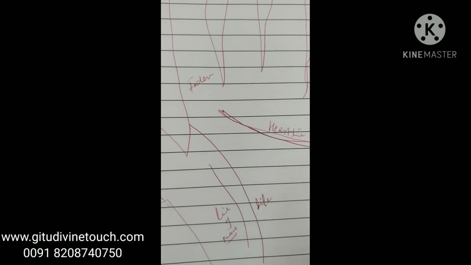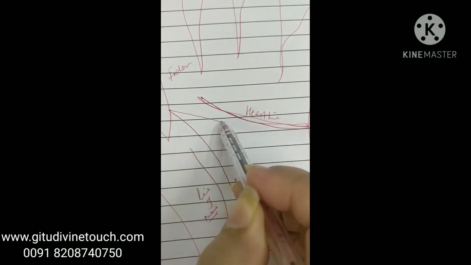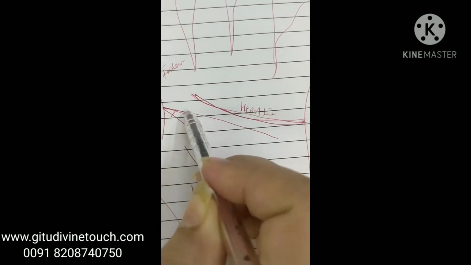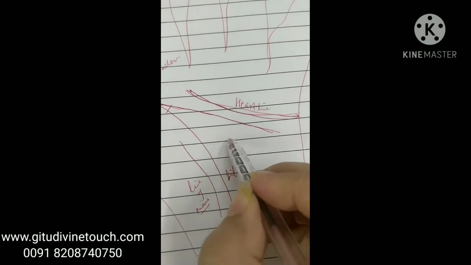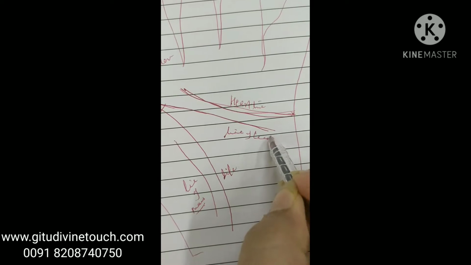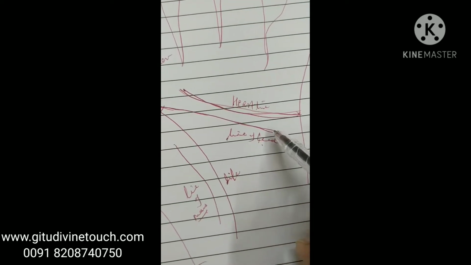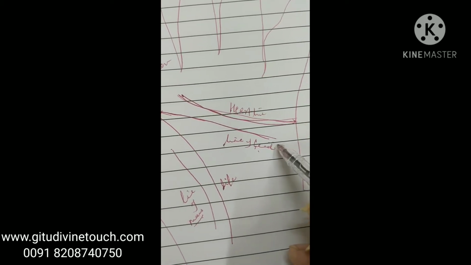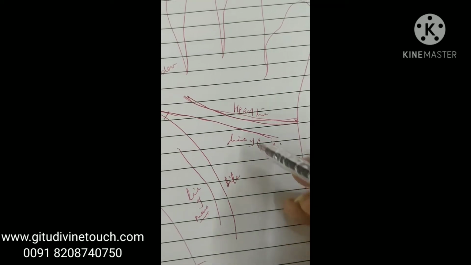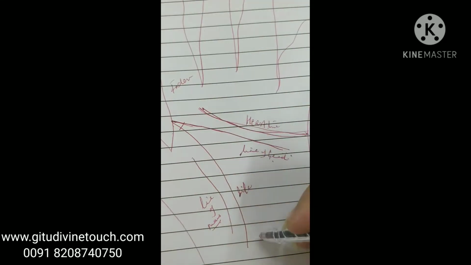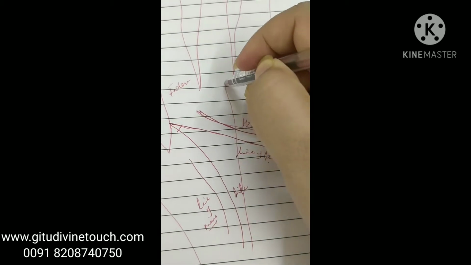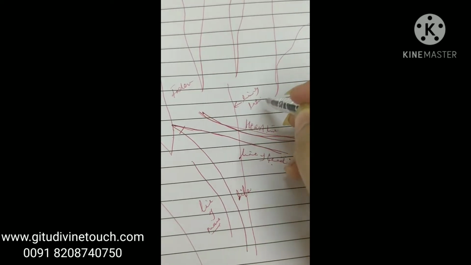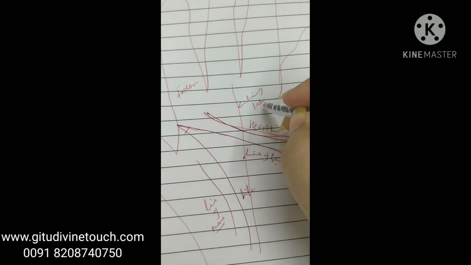Then there's line of head, which starts from here, and sometimes it is connected with line of life, or it's at a distance from line of life. So this is line of head. This line decides how logical the person is, how practical he is in his thinking. Then there is line of fate, which starts from the bottom of the hand towards the Saturn finger. This is called line of fate. This line decides career and prosperity.